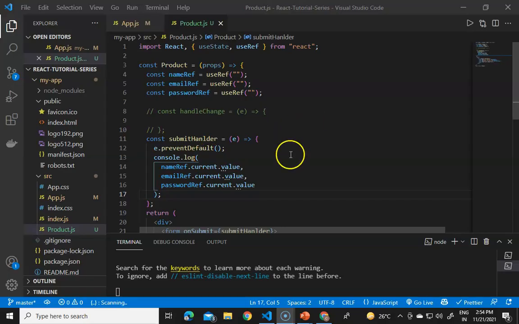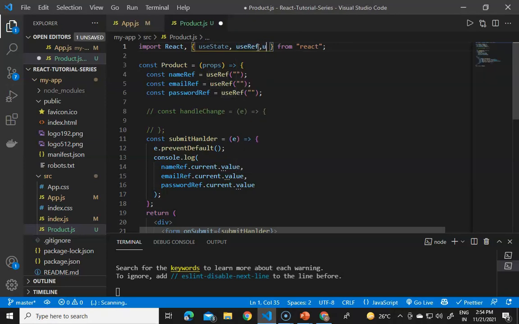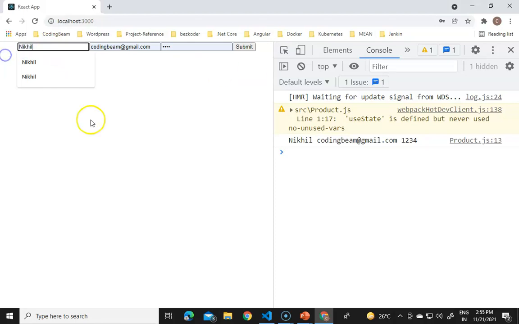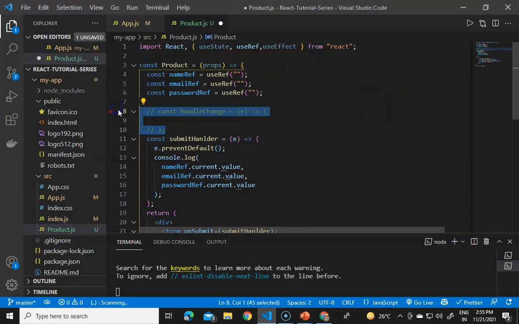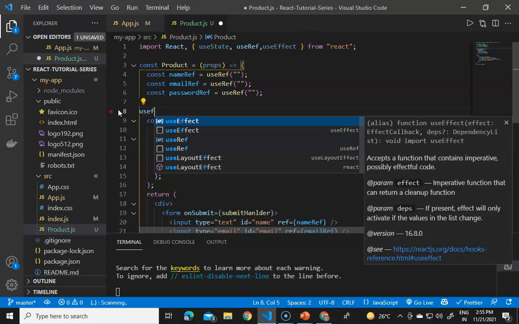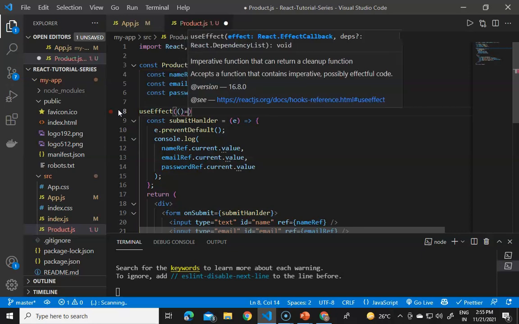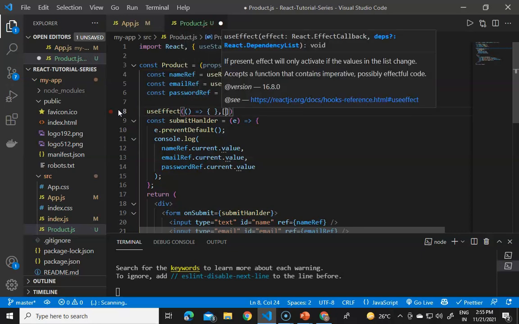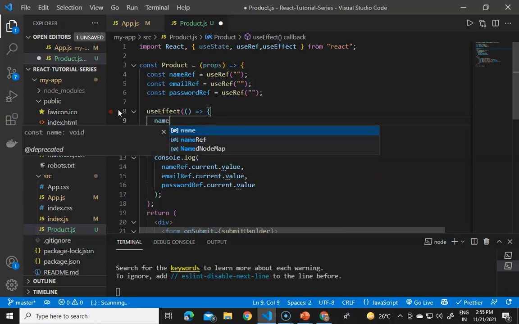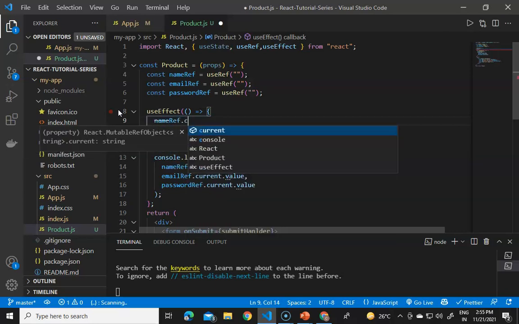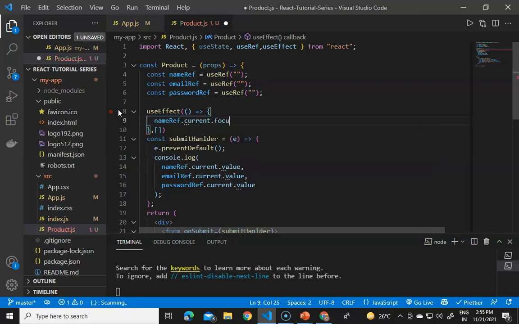And now if I access the DOM functions, we have to import useEffect first, and then initially only the name input will be focused, and the other inputs will be blurred. So if I go to the useEffect and add the useEffect functionality, we provide a callback function inside it, and then the array of dependencies, and first we provide nameRef.current.focus.